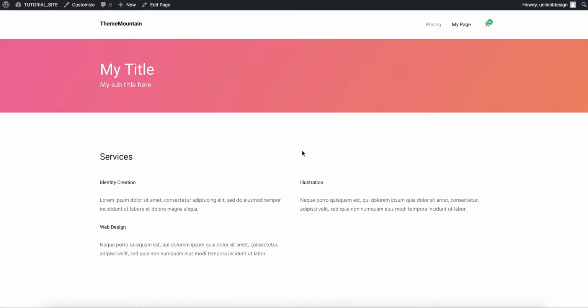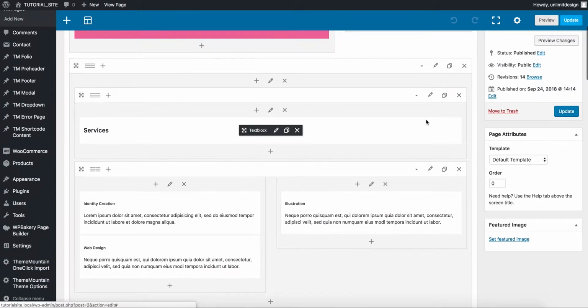In this tutorial, I'm going to show you how to create a box column and add nested boxes. So I have a very simple page set up here. I have a little bit of content, and I'm going to go ahead and box the content to the right here. So I'm going to switch over to the editor, and I'm going to go ahead and edit the column